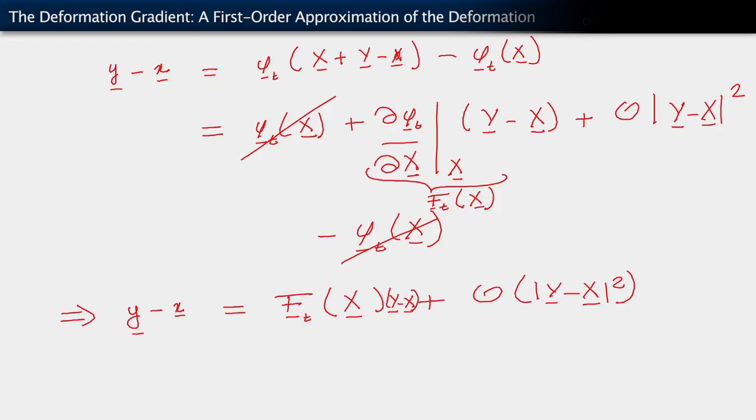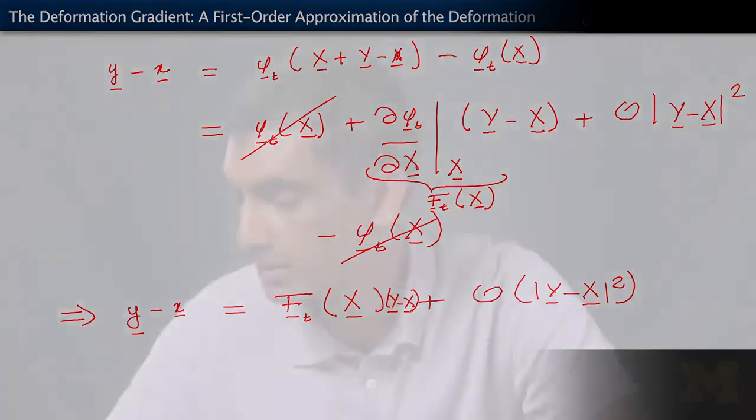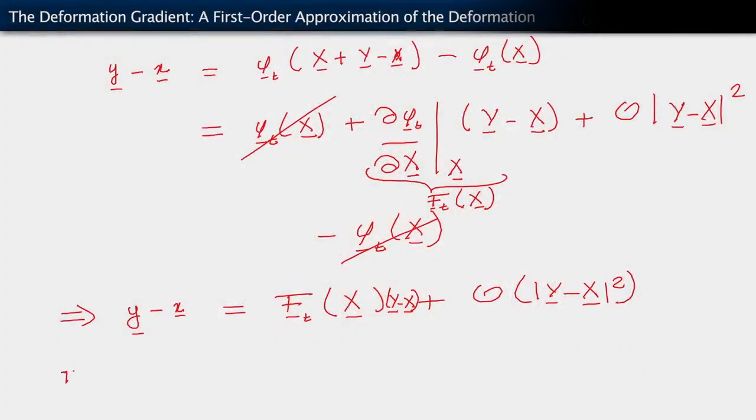Now we see that if the original distance between points x and y is small, then the deformation gradient is a first order approximation to the distance between x and y, or to the vector separating x and y in the deformed configuration. So it's in this sense that F is also referred to as a first order